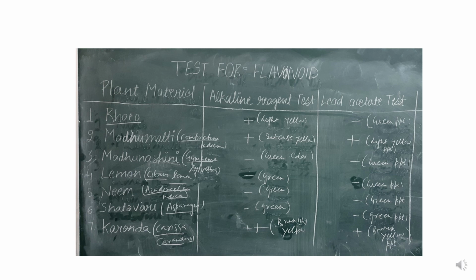In Madhunashini, which is your Gymnema sylvestre, negative test for both tests. In lemon, which is your citrus lemon, negative test. Neem has also negative for both alkaline reagent and lead acetate test. Shatavari, which is asparagus, is negative, and Karonda, you can see positive for alkaline reagent and negative for lead acetate test. I hope the practical is clear to you,